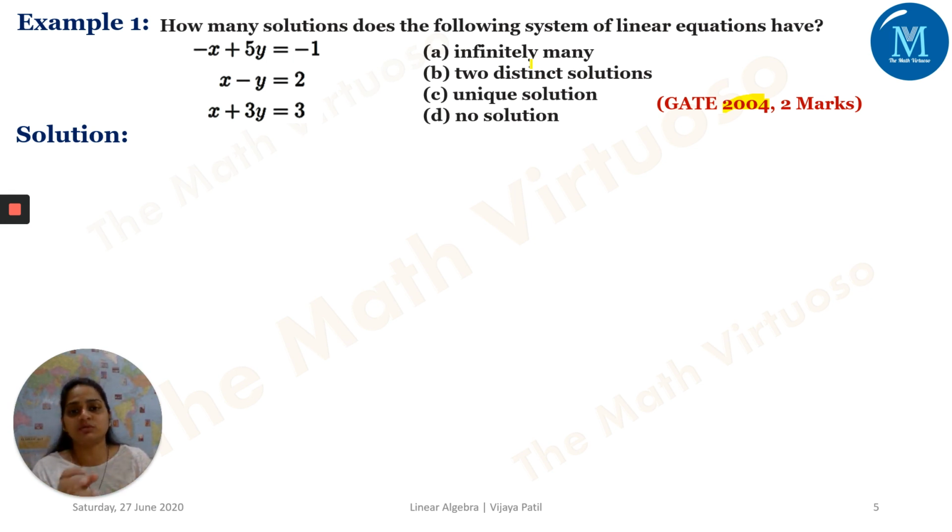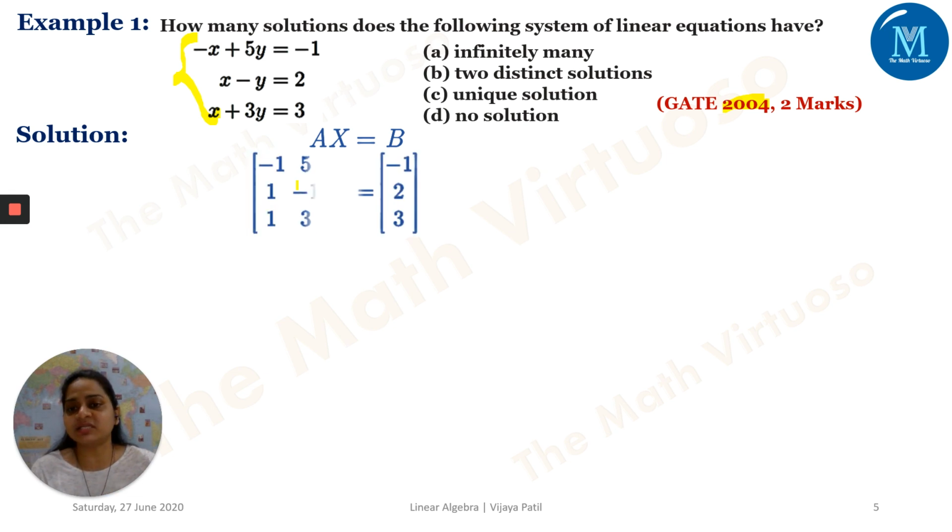So we have to search it out. So we have to find out all those things. Fine, no problem. So it is AX equals B. That means I need to present this in the form of a matrix equation. It's known as a matrix equation. If you observe here, we have got only two variables, that is x and y, but we have got three equations. Two variables, three equations.